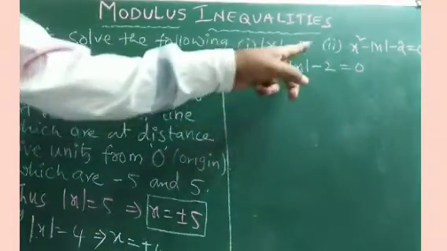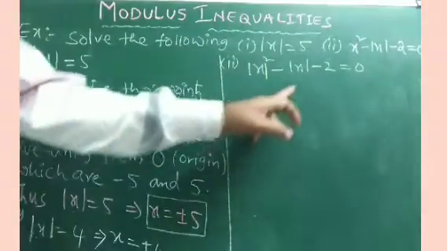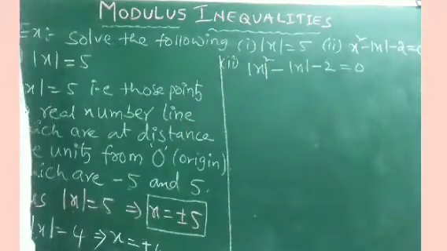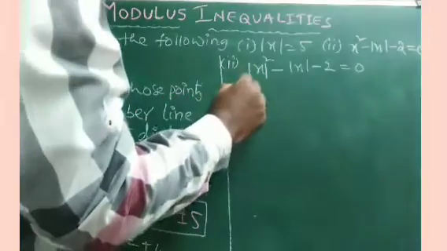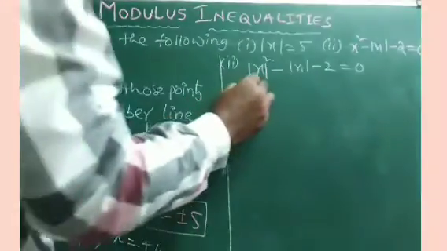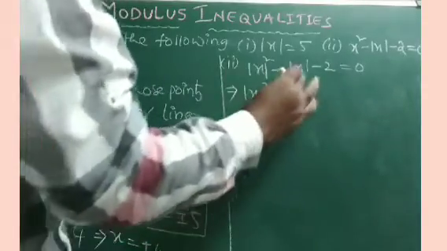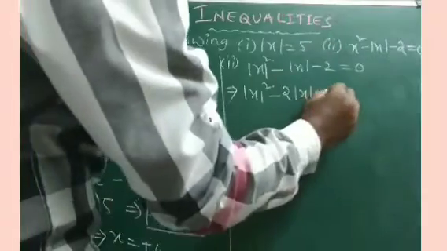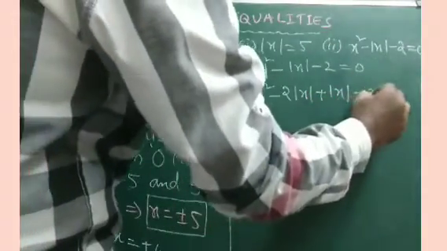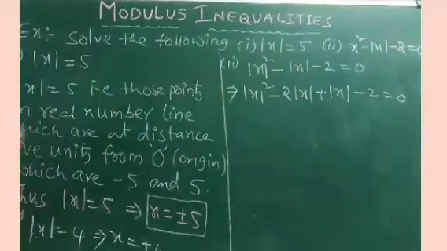So can I write x square as modulus of x whole square minus modulus of x minus 2 is equal to 0. So this is the same as a quadratic equation. The thing is, in the place of x we have modulus of x. No problem, you can go with the factorization, what we did earlier in case of quadratic. Now this is as usual the first one. This one I want to split as minus 2 into modulus of x plus modulus of x minus 2 is equal to 0, right?